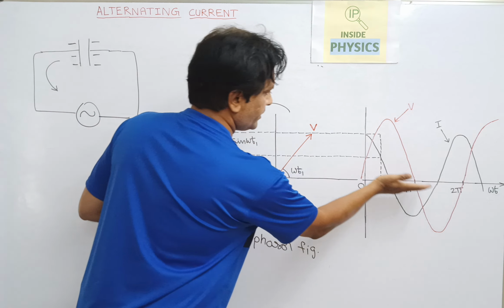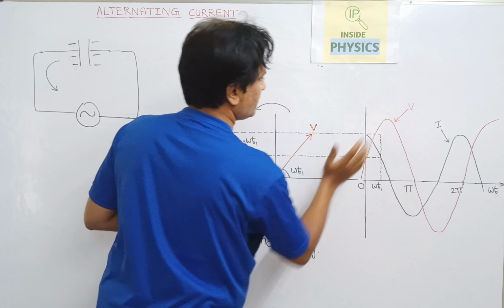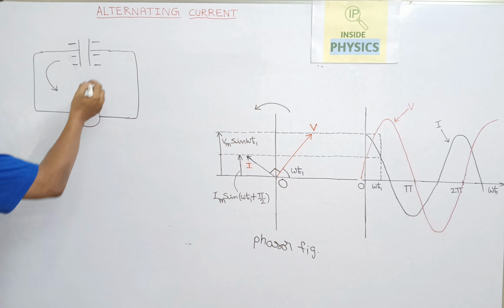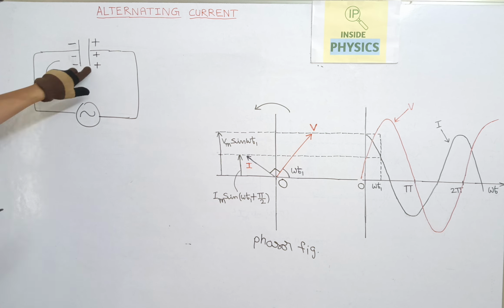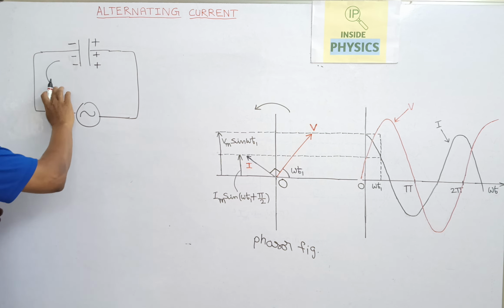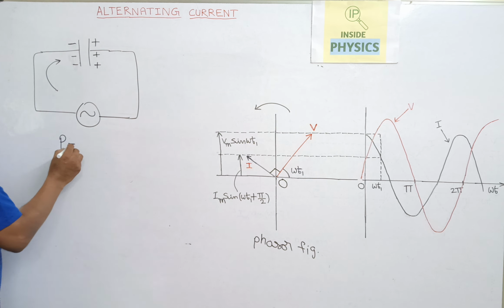Whenever we reverse the current, the polarity of the plates is also reversed, and the current is increasing. What happens on the negative side? The current is on the negative side. So here, as per the power formula IV,